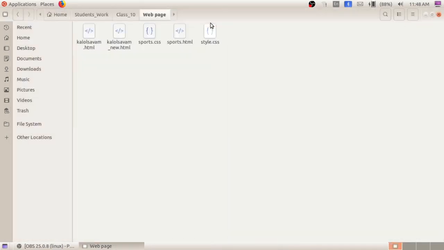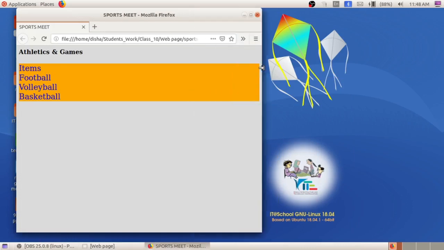Then let's compile that. Go to students work class 10 web page. So for your exam it will be exam 10 standard 10, then your name. Double click to open this HTML file. See the change? Like this you can apply cascading style. Here you can see one background color for the paragraph, different styles like font color, font size, all have changed in this paragraph. So this one is applying cascading style using external manner.